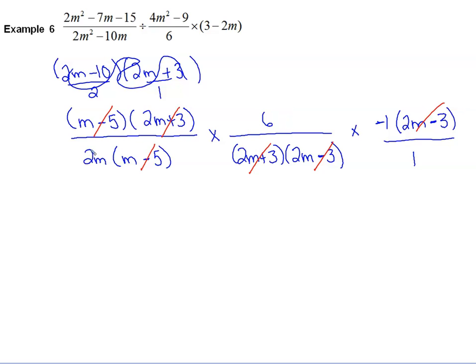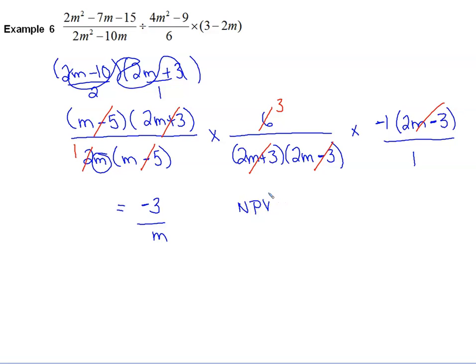I can say that this is a 2, so I can divide it by 2. This divided by 2. And then I am left with, on the top here, I have a -3, because I have that -1 that's still there. I can't just let that drop. And I have the 3, and then on the bottom, I am just left with, oh, there it is, just that m. So all over m. And I still have to figure out the values of my